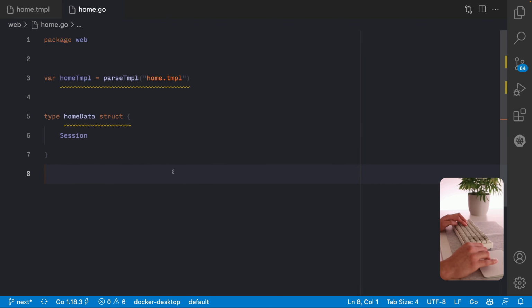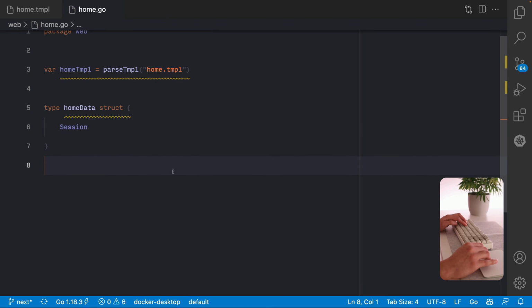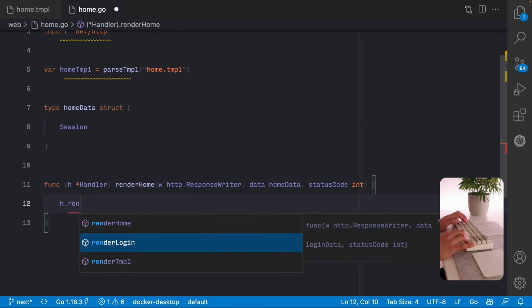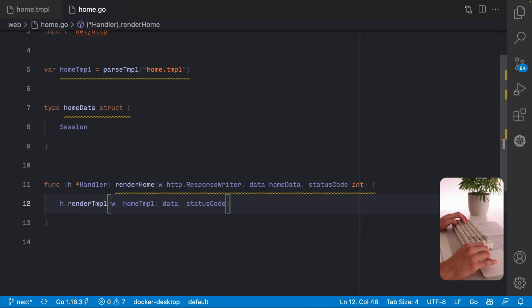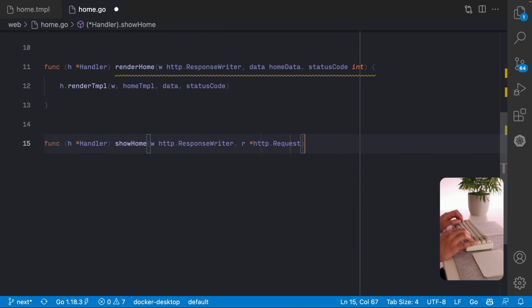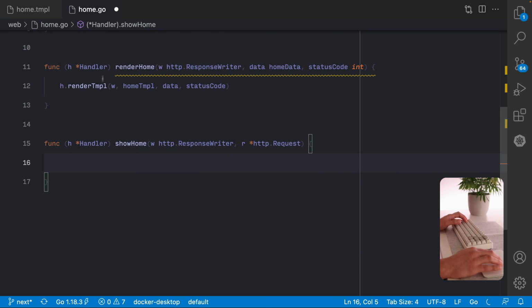So that's it. So now here in the home, we need a function to render the home template. And that's it. And now we need a handler. And from the handler, we just need to execute this render home with the session data.